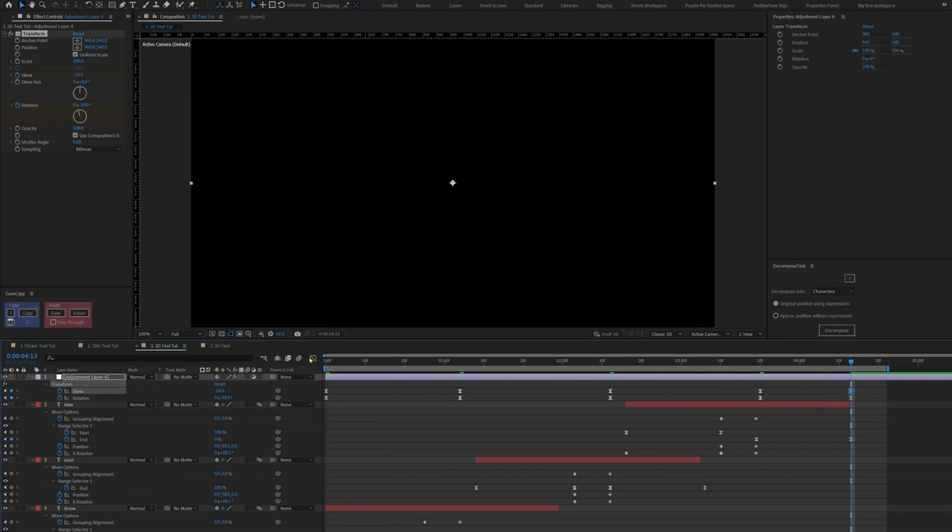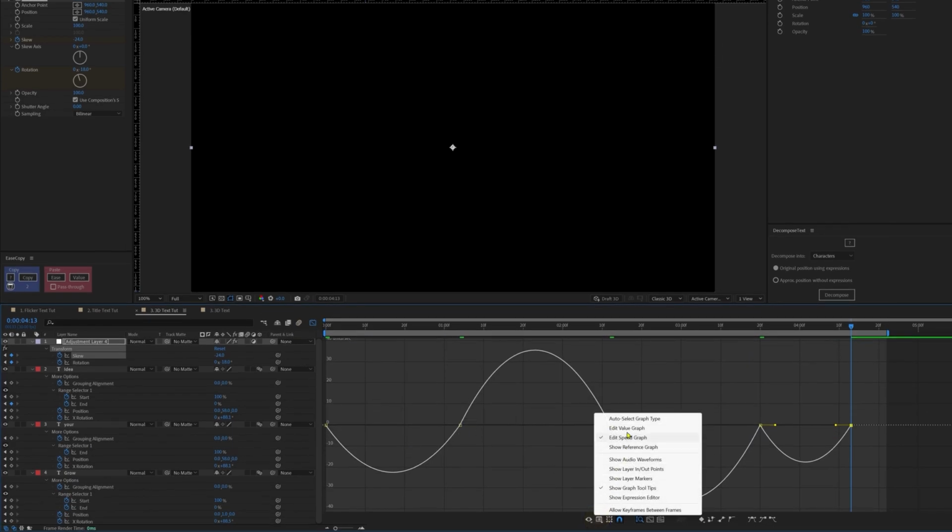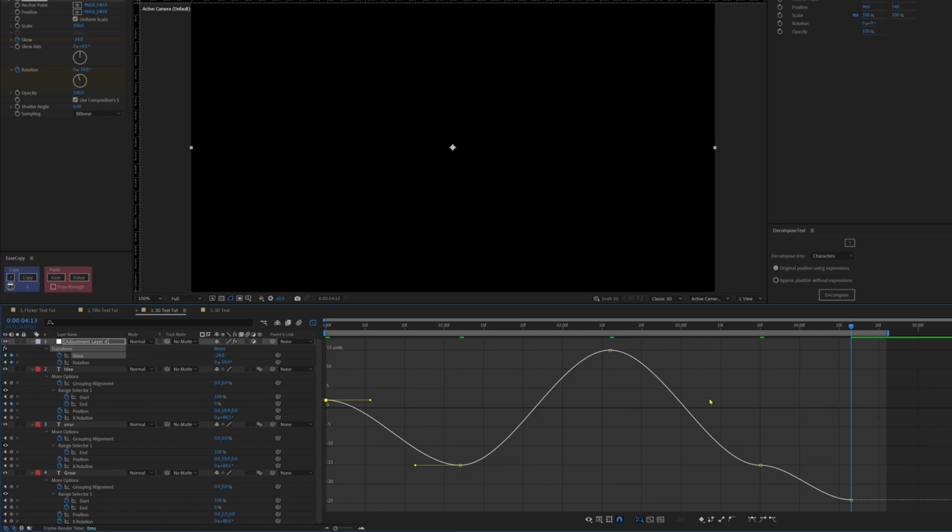Now jump onto the motion graph editor. This time, we will use the value graph. And we are just going to select all the keyframes and pull the Bezier handles to add some hard edges. And at these positions, we are not going to keep the Bezier handles completely flat. First, let's convert it into an auto Bezier and slightly tilt it so that we can get a little movement